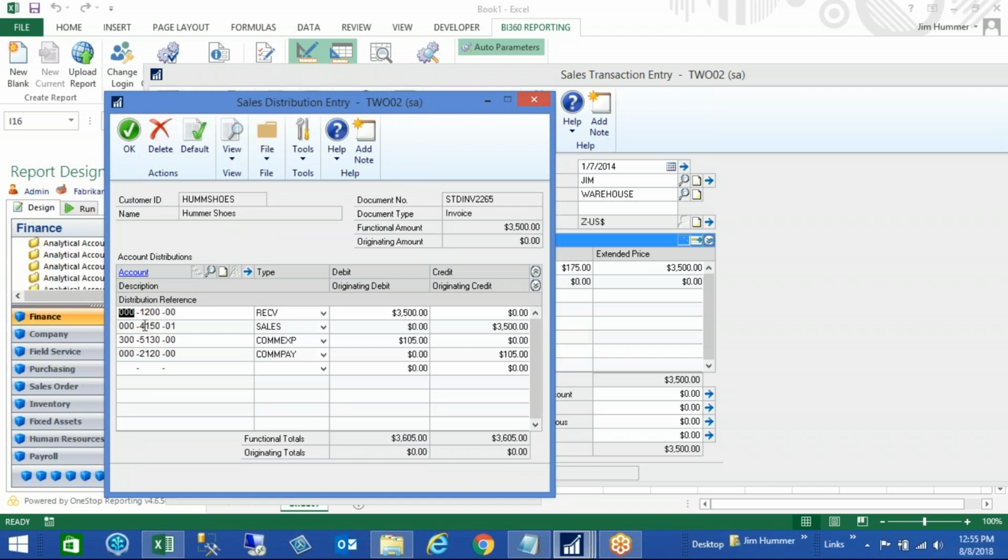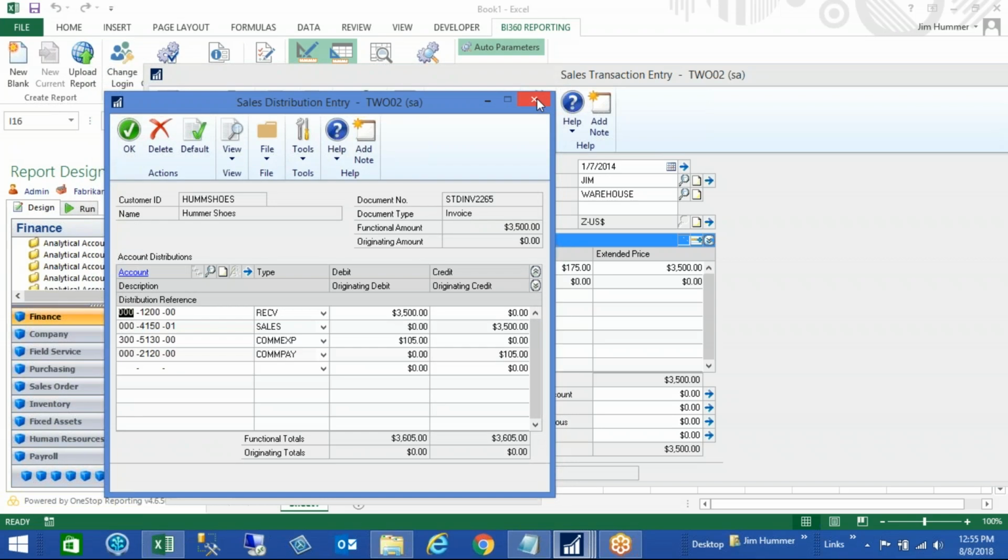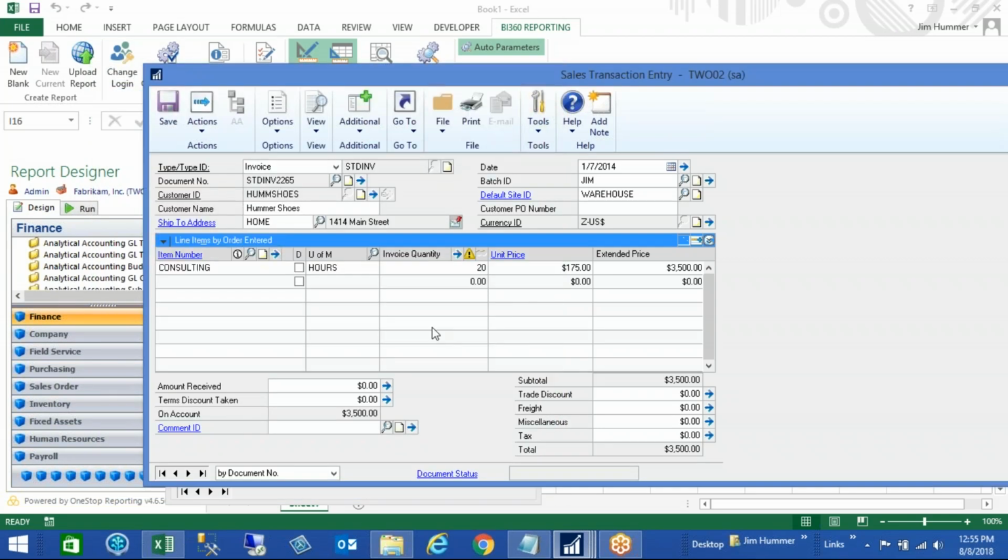Within distributions, I can click on that account, and right here is what's called the analysis code. I can click on that and have these amounts, and I can allocate whatever I want in conjunction with these. I can add as many codes as I want to do that, or I can have just one. Once I have that and post it, I can go into